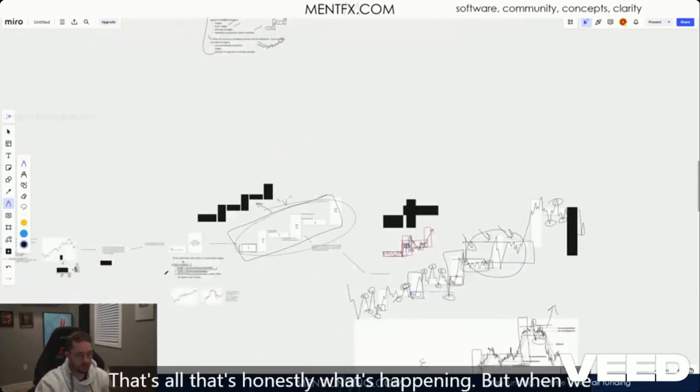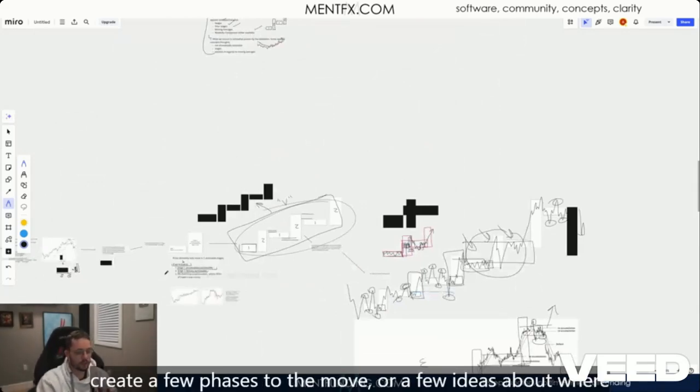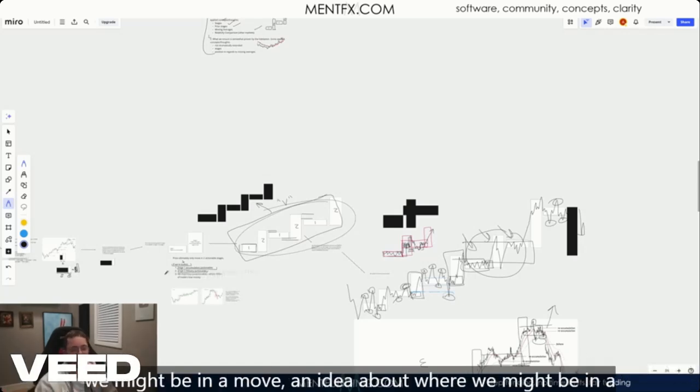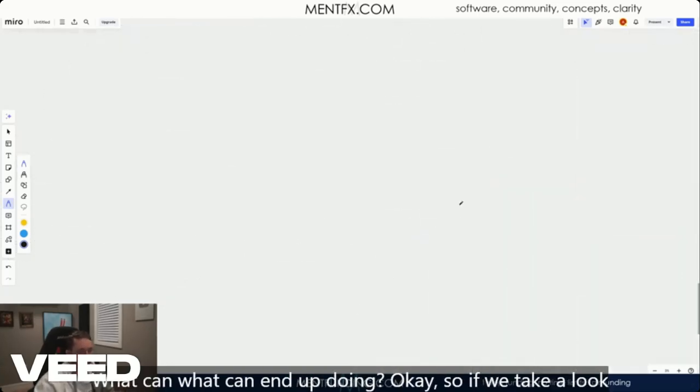That's honestly what's happening. But when we create a few phases to the move, or a few ideas about where we might be in a cycle, we basically gain the upper hand in understanding what can be expected out of a given move. Like, what can this move actually come to? What can it end up doing? Okay, so